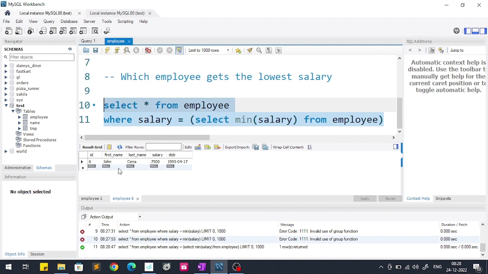John Cena. Okay, so hope you have understood how to use the minimum and maximum function in the SQL to get the highest or lowest value